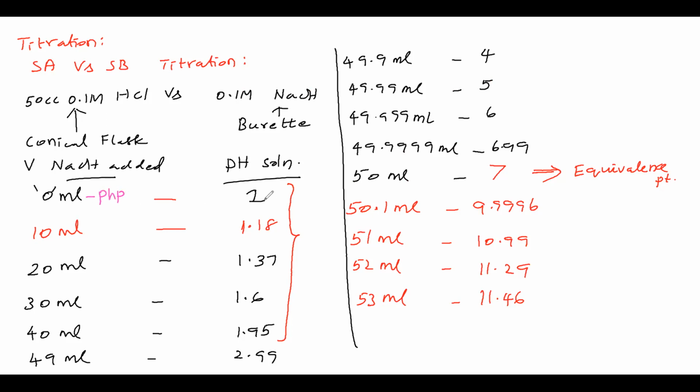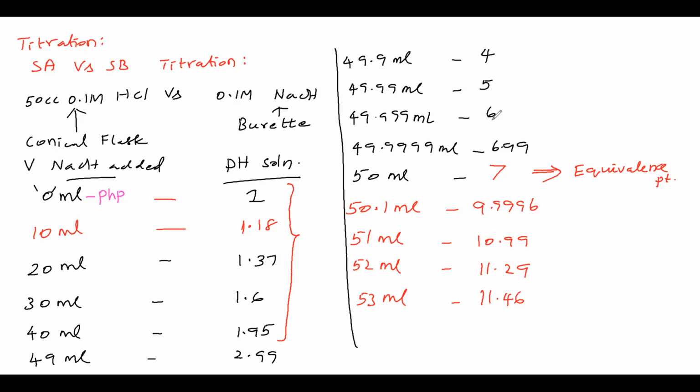Now, what is the pH? You see, the pH of the conical flask solution is 1. Now, which color will the phenolphthalein indicator give? Colorless. So in the conical flask, the solution will appear colorless. Okay, pH is 1.18, and the conical flask solution will appear colorless. We will go to this place. Now also the conical flask solution is colorless. Here colorless, here colorless.